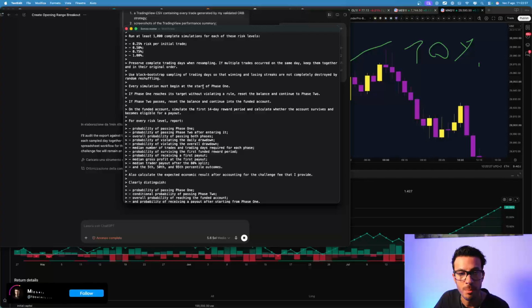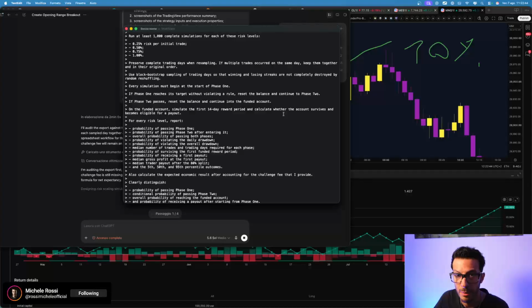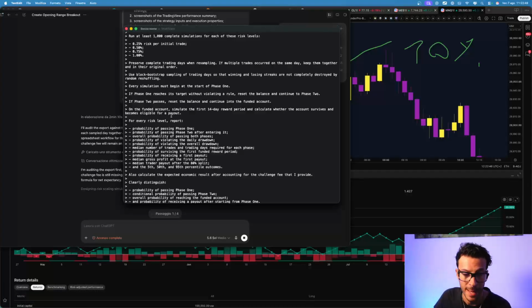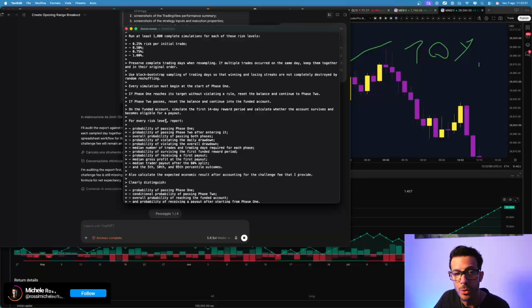Every simulation must begin at the start of phase 1. If phase 1 reaches its target without violating a rule, reset the balance and continue to phase 2. If phase 2 passes, reset the balance and continue into the funded account. On the funded account, simulate the first 14 days reward period and calculate whether the account survives and becomes eligible for a payout. For every risk level report, probability of passing phase 1, passing phase 2,